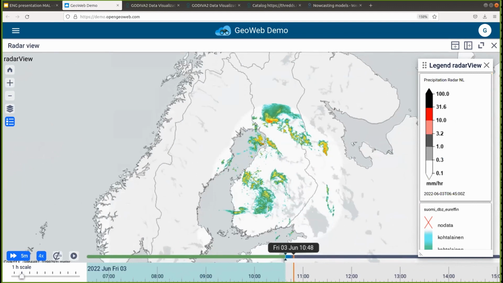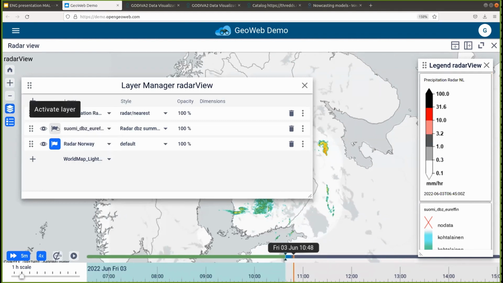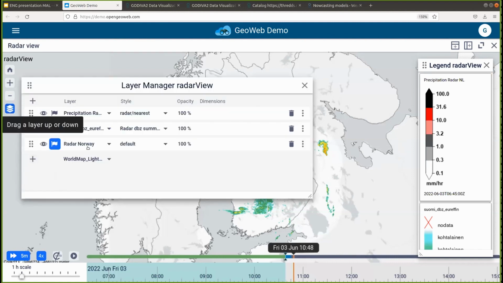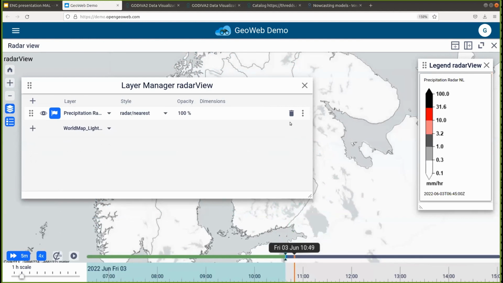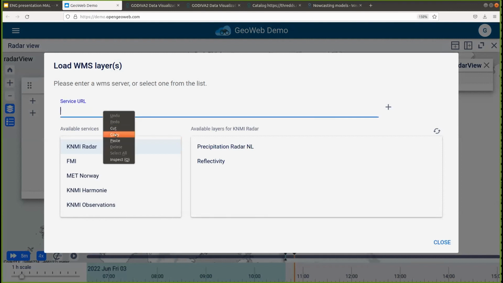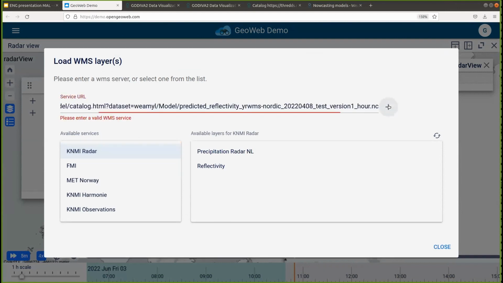And then now you can also see the real forecast. It's live now, so you can see the real forecast over Finland, for instance, here. But you can also import some of the results from the WeaMyL machine learning platform. To do that, you need to open this layer manager. I will delete some of the predefined layers, and then we will add an extra layer here that we copied from my presentation. Sorry. And by clicking the plus,